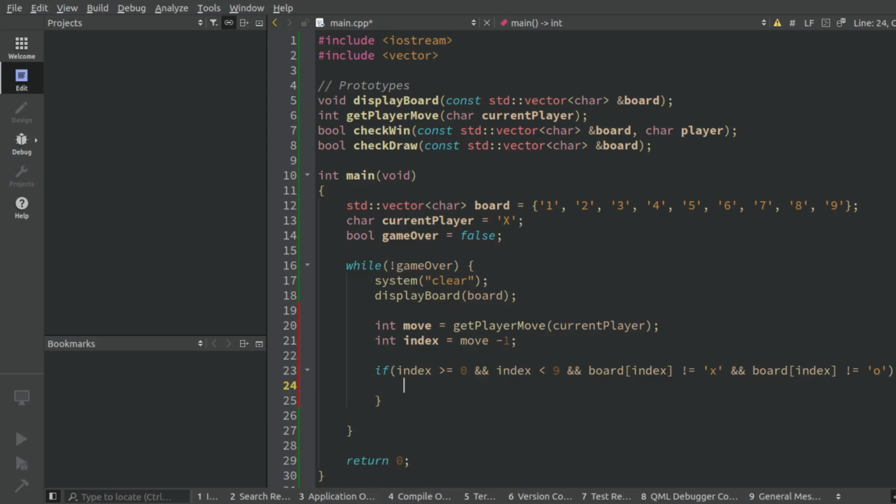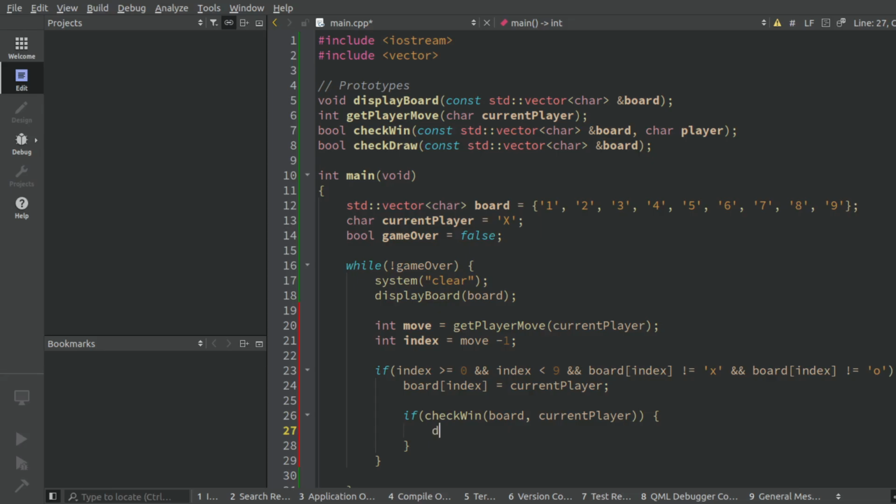If this happens, well, then I'm going to set the board index to the current player. Board index is equal to player. Next I need to check for a win. So if the check win passed the board and the current player, so if that happens,